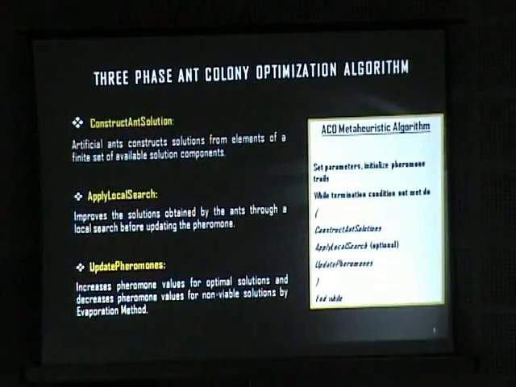The algorithm was proposed in 3 steps. This is the shortest one to propose. We construct the ant solution, wherein we are using artificial ants to construct the solution elements from the finite set of solutions which are available. Then a local search is applied in order to obtain the concentration of the pheromone, and finally the update of pheromone takes place globally,